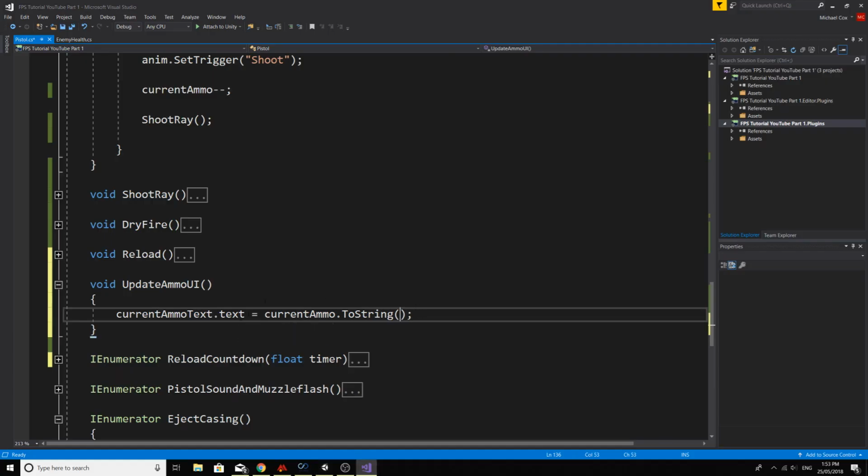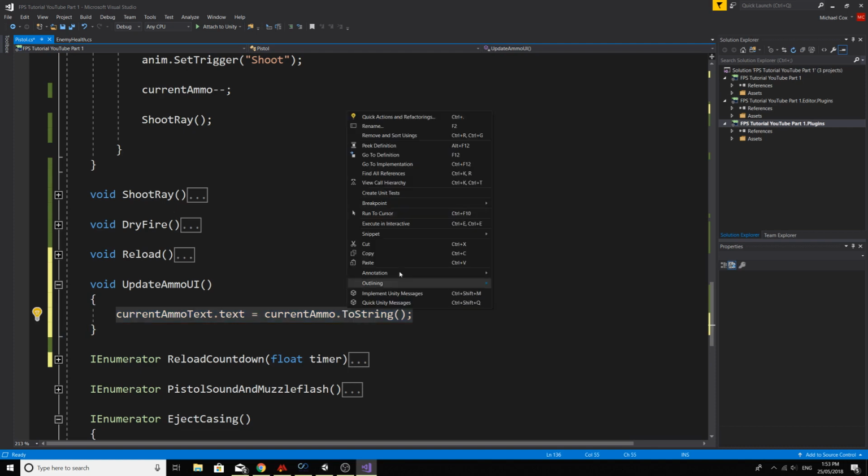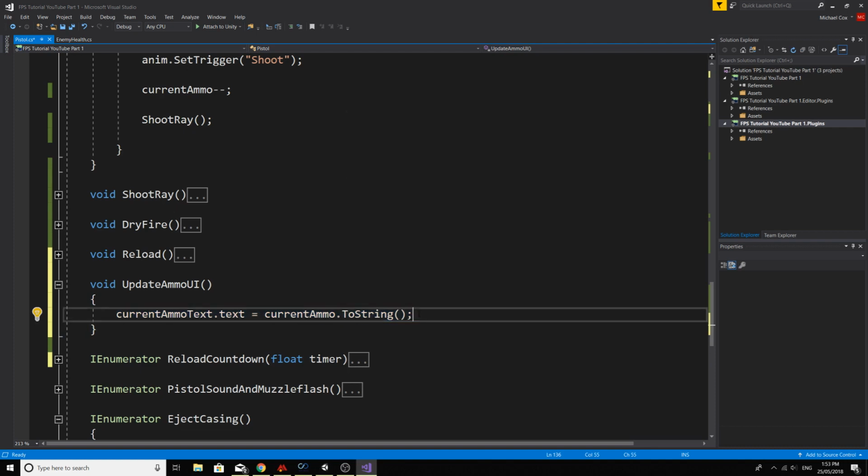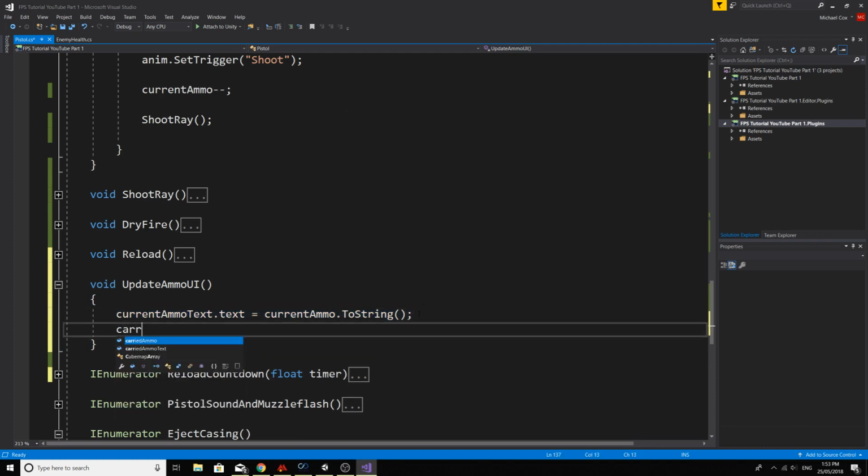But yeah, we're not going to do that because, as I said, I like it to be able to customize it a lot easier. So we won't copy that. We'll do carriedAmmoText.text equals carriedAmmo.ToString,